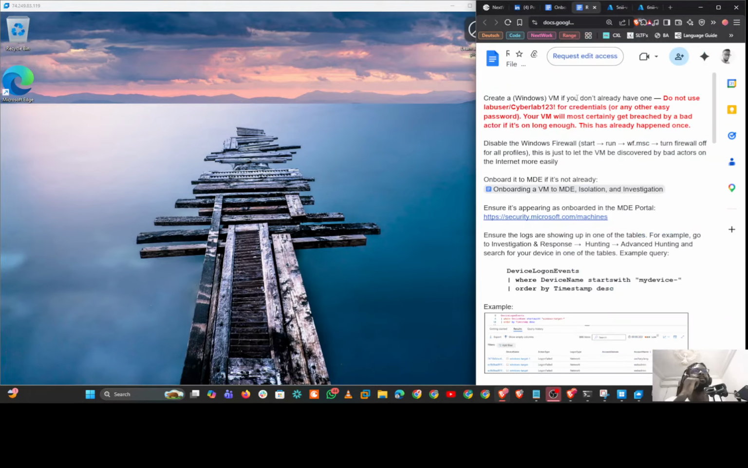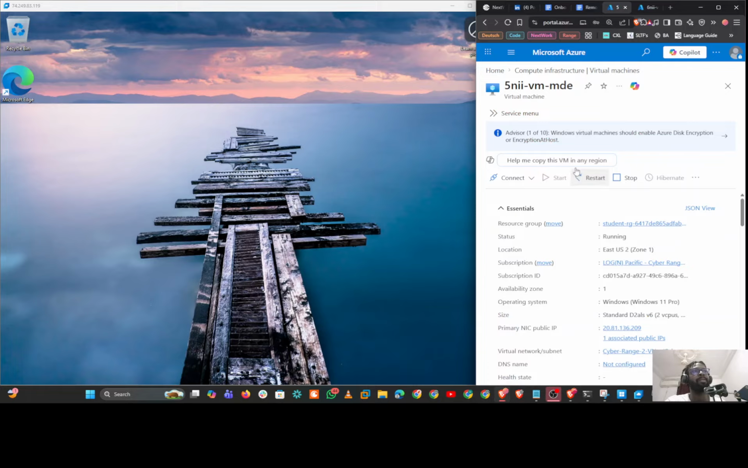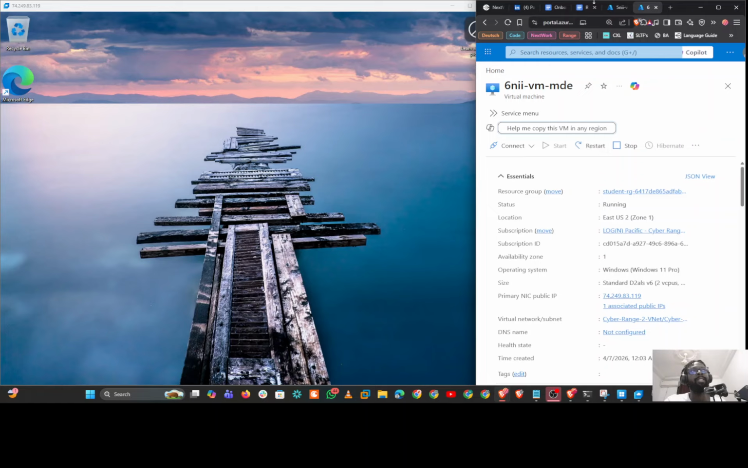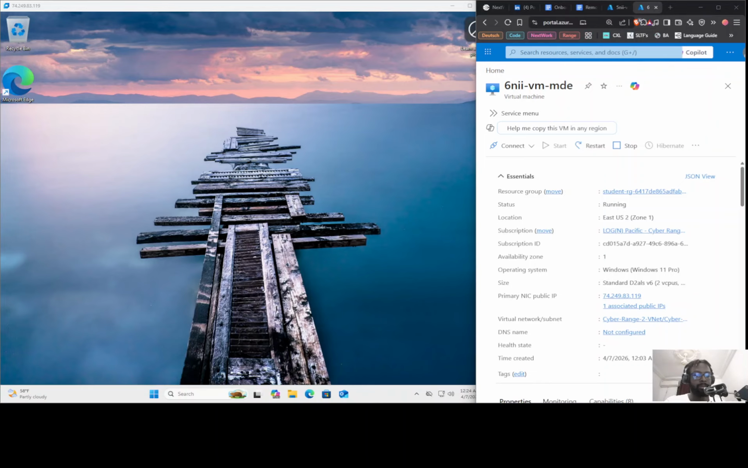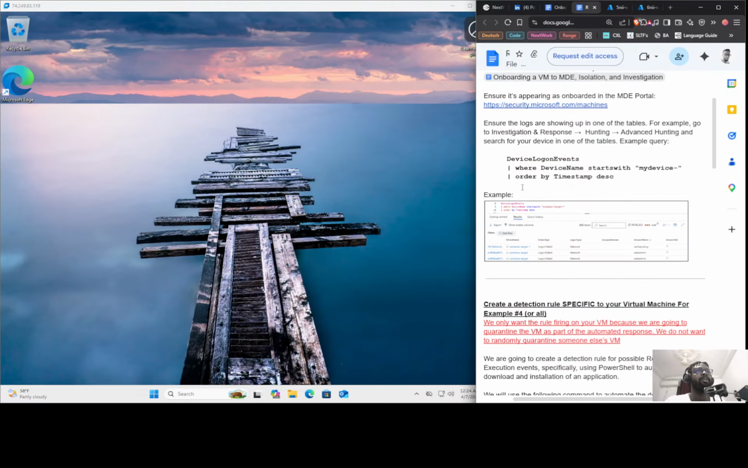Let's go back to the documentation. We don't have to go through all this again because I've already done it. In the previous one, we just stopped the virtual machines. We just clicked on stop, but now we just restarted. Because I've already done a couple of things in here, I don't want to repeat them here. So here we go. First, we're going to ensure it's onboarded. It's onboarded, we've seen that. Ensure the logs are showing up. For example, we just copy this